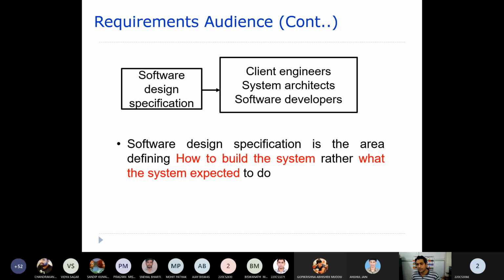Through your user requirements and system requirements, we exactly defined what the system is expected to do, the various expectations of a user from the system. That is the what. But when you are talking about the design specification, it is the how part: how you are going to handle that system, how you are going to give a solution to that particular system.